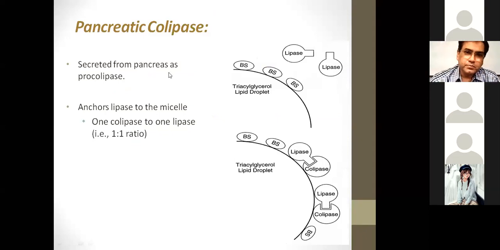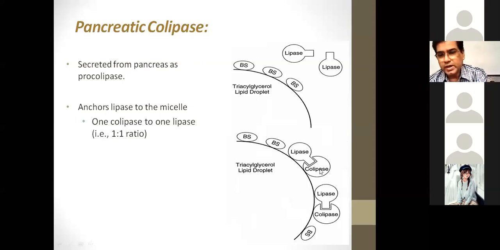Until now we talked about three lipases: the lingual one, the gastric one, and the pancreatic one. The pancreatic lipase is the final lipase which offers the digestion and absorption of the lipid. One more enzyme is the pancreatic colipase. What is the function of this pancreatic colipase? It is also secreted by the pancreas, and its job is